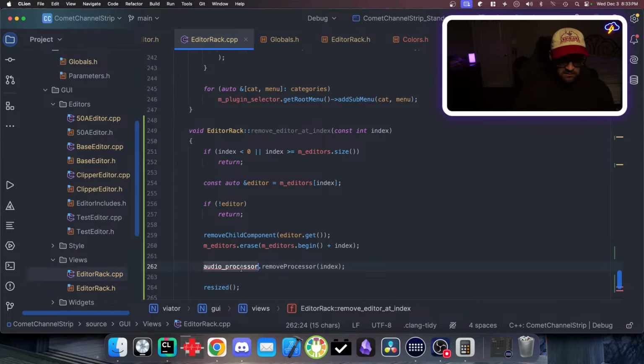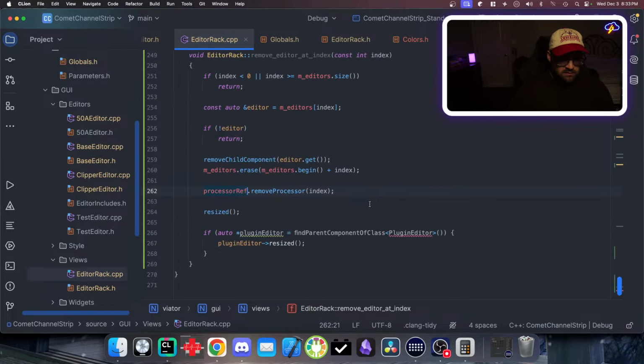This is process ref. Move processor. Find. Oh, this again. Plugin. Find parent component of class. Oh, this is trying to tell the parent editor to